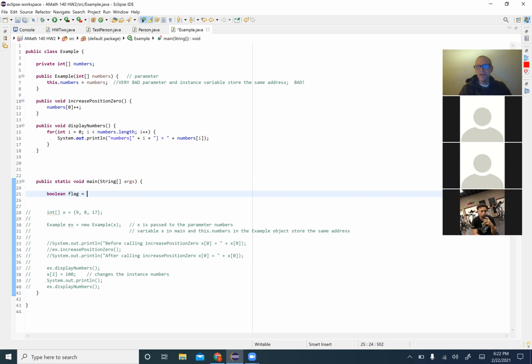And then let's say I want to know, is 2 greater than 1? So I write 2 greater than 1. Remember, the greater thans and the less thans create Boolean expressions. You always start on the right side here. I'll even put it in parentheses, even though it's not required. What's in the parentheses is either true, 2 is greater than 1, or it's not greater than 1. There are only 2 options, true or false, and we assign it to that Boolean variable flag. So here we're comparing int values